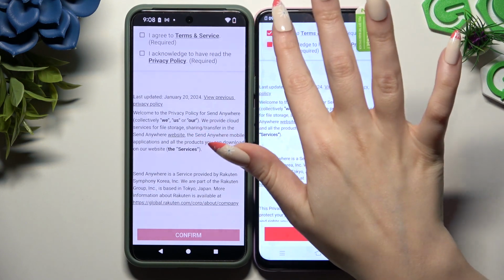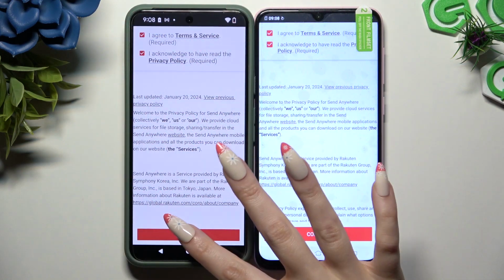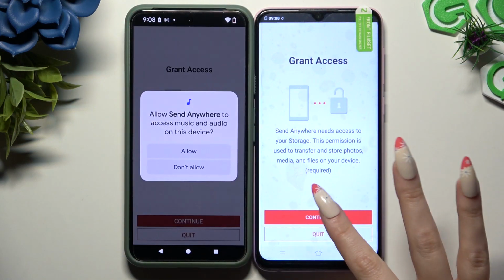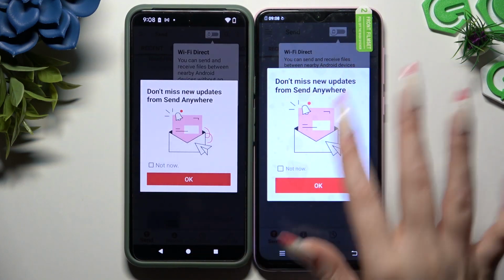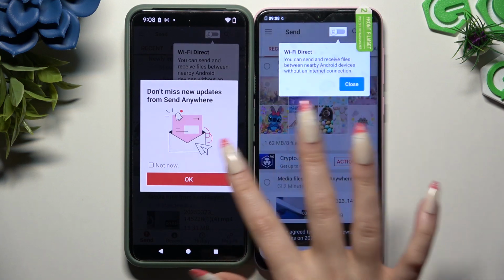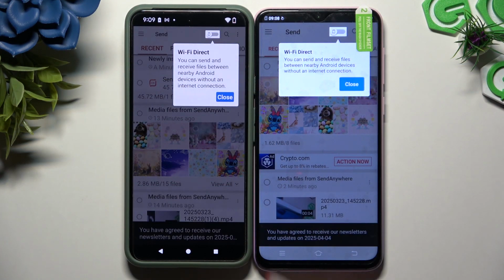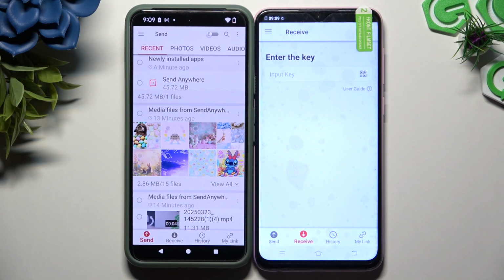I agree and I acknowledge. Confirm, continue, and allow. In this window about new updates, choose whatever you want to and hit your device's display. Now select Send at the bottom left corner of the Android and Receive right next to Send at the bottom